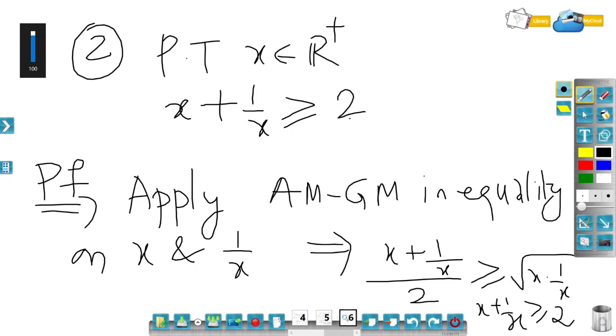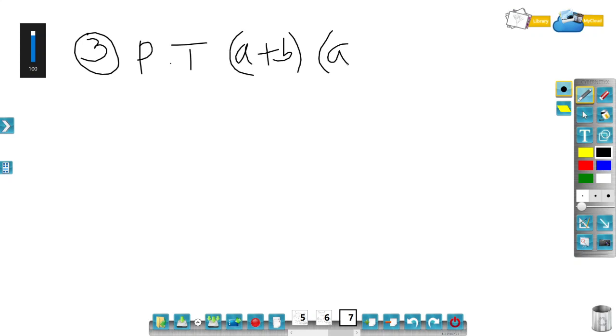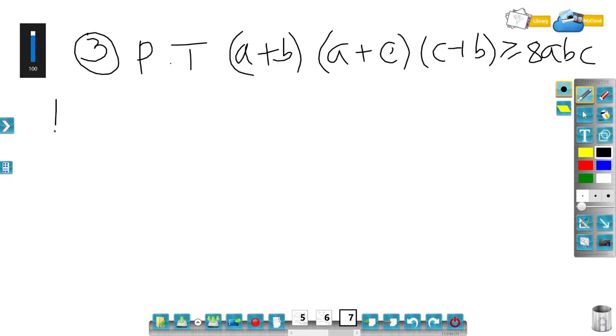Now let me take one more property of arithmetic and geometric means. So third property, prove that (a plus b) into (a plus c) into (c plus b) is greater than or equal to 8 times abc. So the proof is not difficult. You apply AM-GM